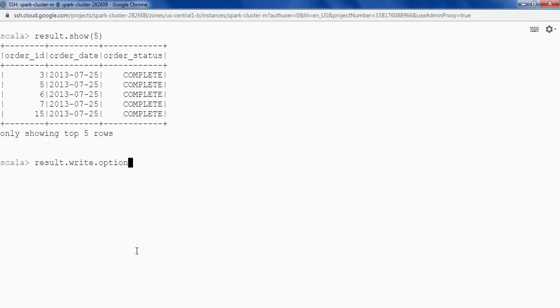So I'm going to say result.write.option and providing the compression, and my compression is GZIP. Okay. Now I'll be saying dot mode, and my mode is SaveMode.Overwrite,